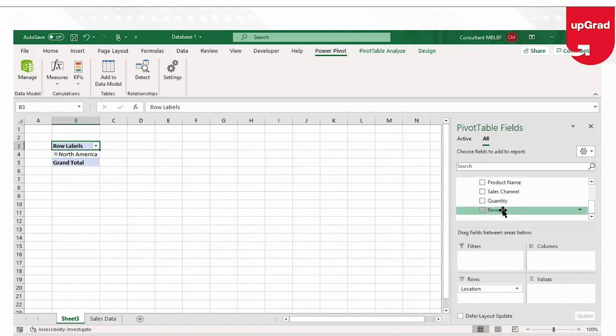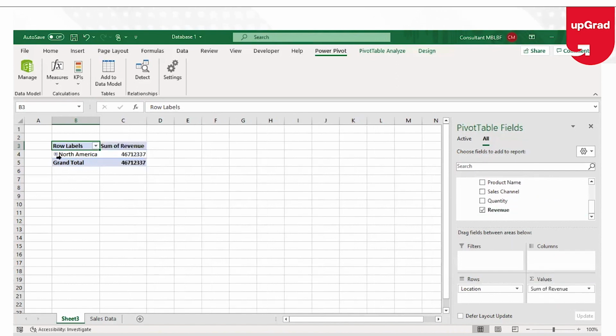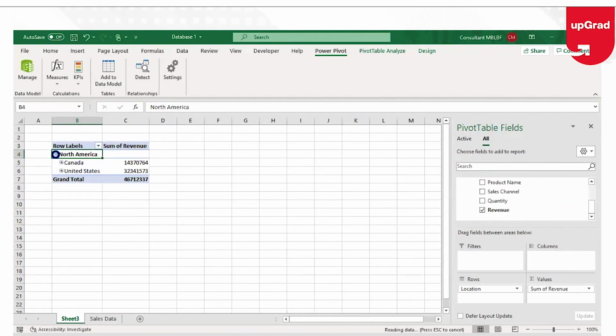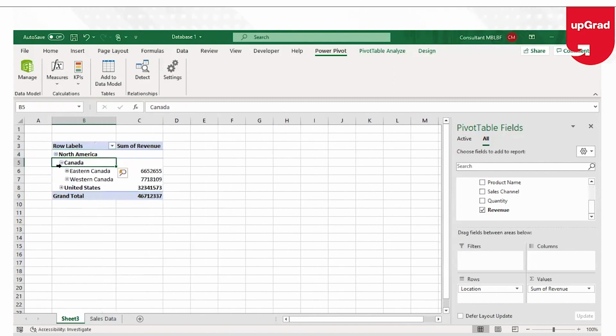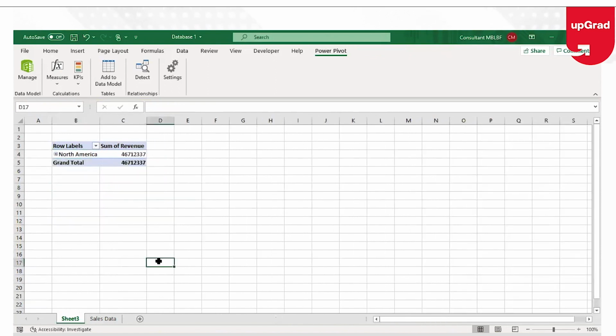But if you look at this, if I drag and drop it, automatically it says North America. It doesn't really give me the whole data, it just gives me North America. If I click on this expand, it shows me the Canada and USA. If I expand further, it shows me the further drop down and so on and so forth. Now this becomes, if I have to expand the data the way we do in a simple pivot table.